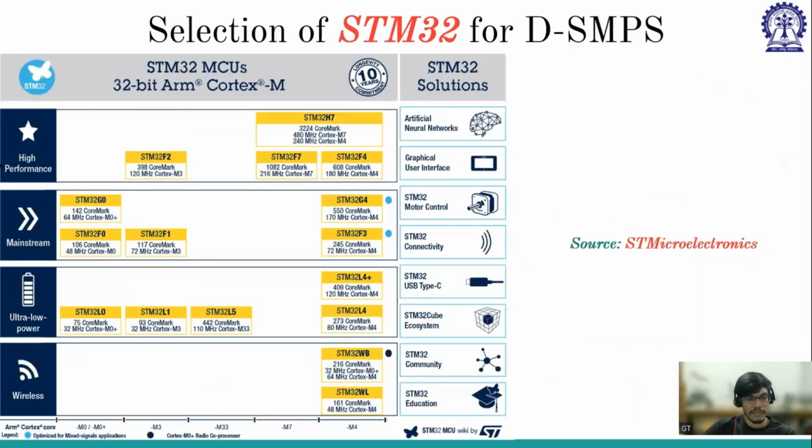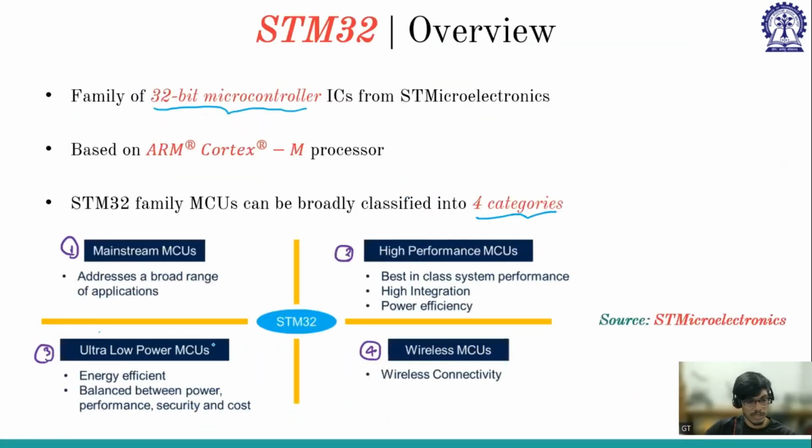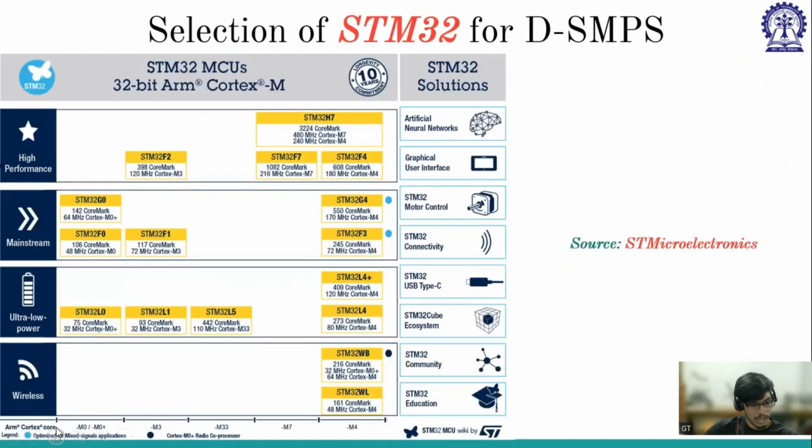So now if we think about STM32 for digital switch mode power supply, these are the 4 different families that we have discussed earlier. The first one is mainstream, then high performance, ultra low power, and wireless. So this is one family, and this is the other family, and this is the ultra low power, and this is the wireless. For wireless, they have 2 such ST Microelectronics microcontroller boards, and for ultra low power, they have so many wide range of